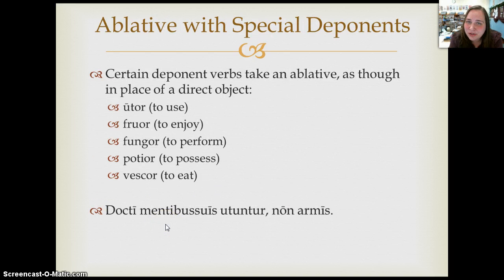The last thing I need you to know about is the ablative with special deponents. Certain deponent verbs, the ones listed on this slide, take an ablative in place of a direct object, more or less, okay? So you just have to know about that new ablative use. Docti mentibus suis utentur, non armis. So learned men use their own minds, not